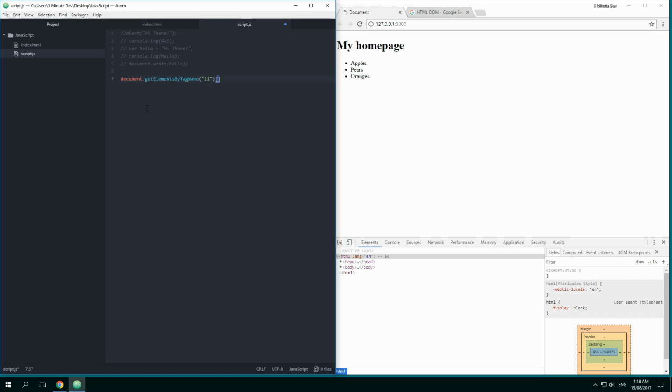So like I said before, we have an index of 0 starting out, so the pears object, or list item rather, will be 1, and that just goes inside square brackets after the tag that we're going to modify. And what we're going to do with that tag is replace the inner HTML to equal bananas. Finish it off with a semicolon, save it, and as you can see, it's updated instantly as we load